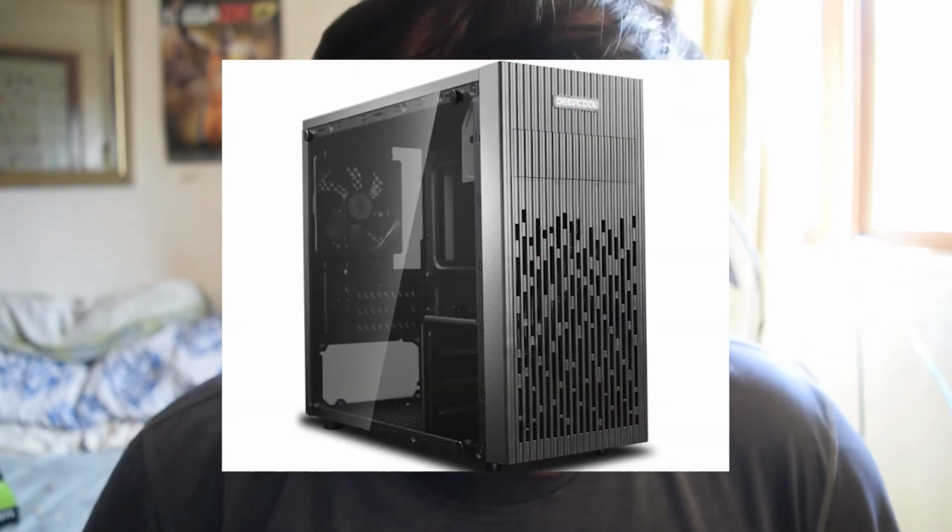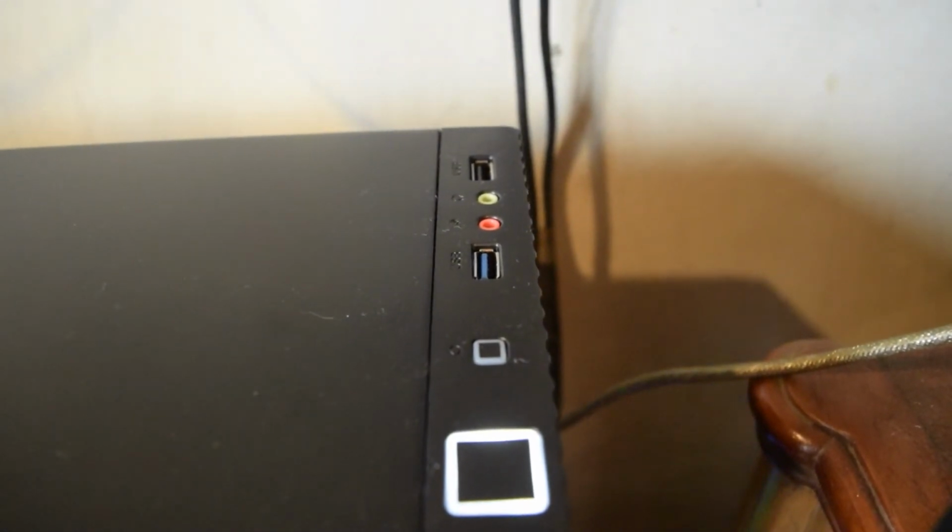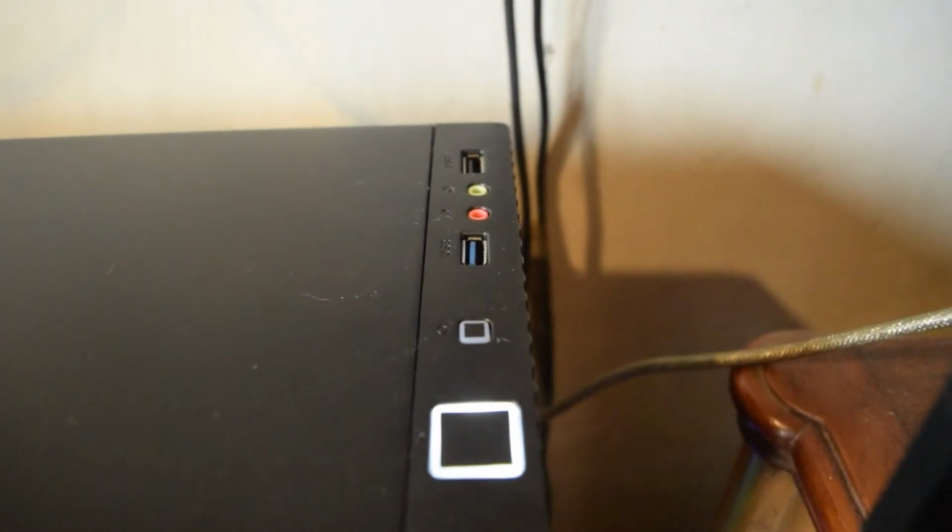For the case, I chose the Deepcool Matrexx 30 TG. It has USB 2.0, USB 3.0, an audio jack, a mic jack. It also has a tempered glass to show the inside, and I'm scared because it is as fragile as my